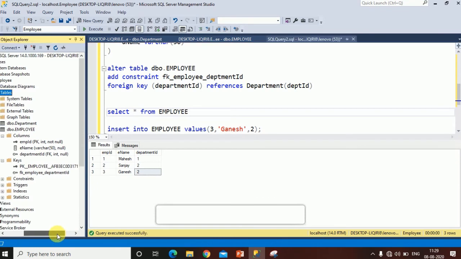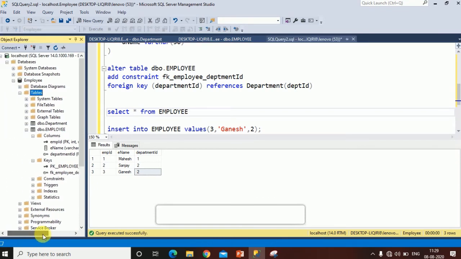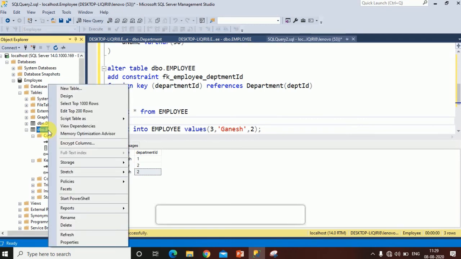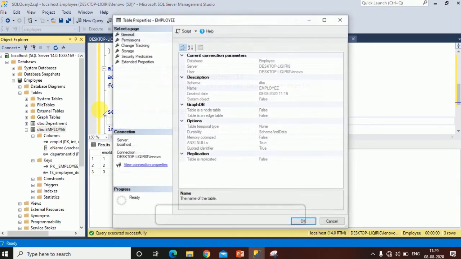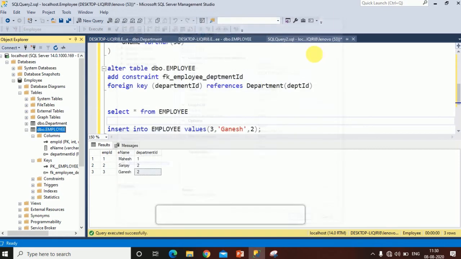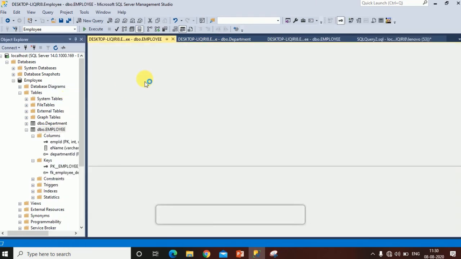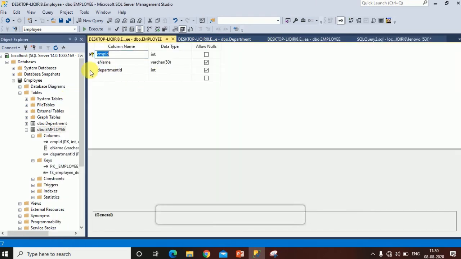Now there is another way in which we can create a foreign key constraint. You can create a foreign key constraint by right clicking on the table, going to design, and clicking on the column which you want to make a foreign key.